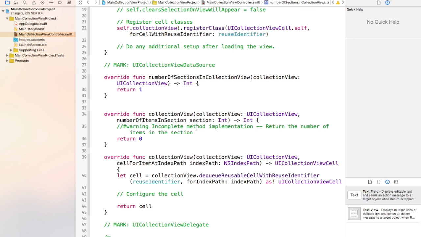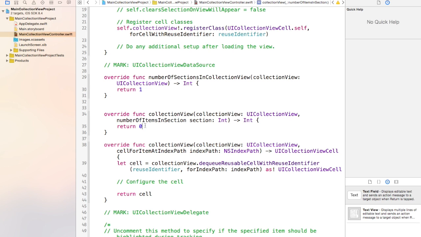The second question it asks is how many items are in a particular section. And let's make this 400 items. The third question it asks us is what's the cell for item at index path. So an example would be what's the cell for item at section 0, item number 330, right? And then we have to return a cell. And here this is essentially dequeuing the cell. So we're dequeuing the cell